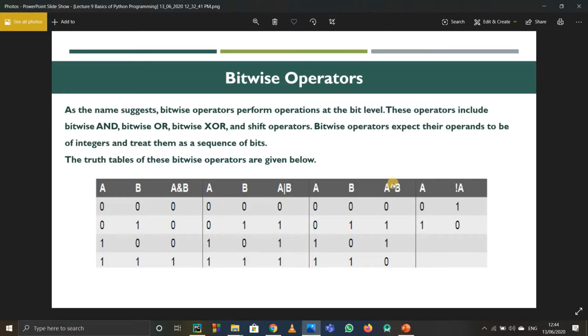And then when you perform the XOR operation, the formula is a b dash, or you can say a b complement plus a dash b. That's the exact formula. But to remember it, you just need to know that whenever the two bits are the same, the answer is false, that is 0. Here the two bits are the same, so the answer is 0. Again the same, so the answer is 0. Otherwise, in all cases the answer is 1. And complement, obviously you know, it's just the complement. So 0's complement is 1 and 1's complement is 0.